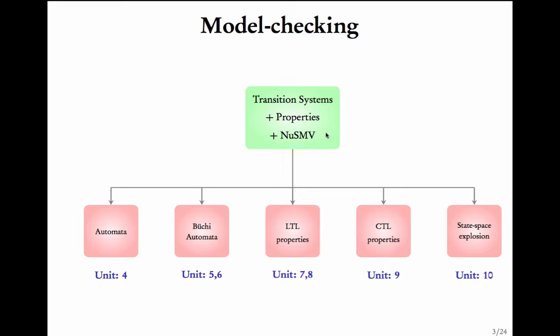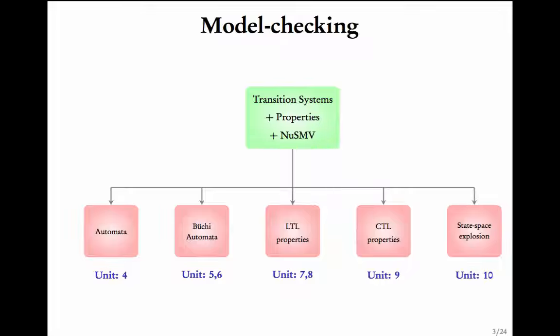We have also seen the tool NewSMV that can read transition systems in a format of this tool, and we can also write LTL and CTL properties, and NewSMV can automatically check these properties on the transition system specified. In the last unit, we had seen that when we have multiple modules in NewSMV, the number of states in the transition system